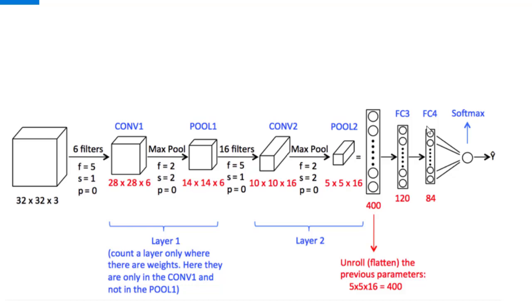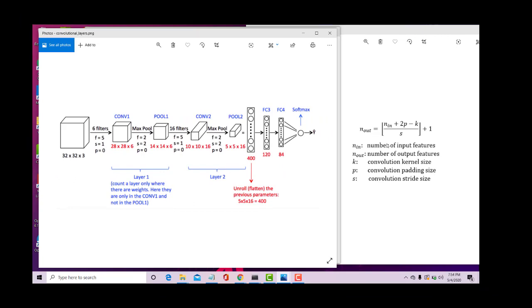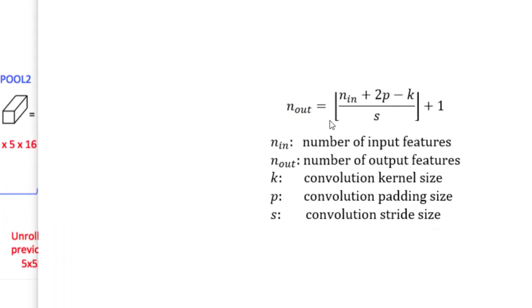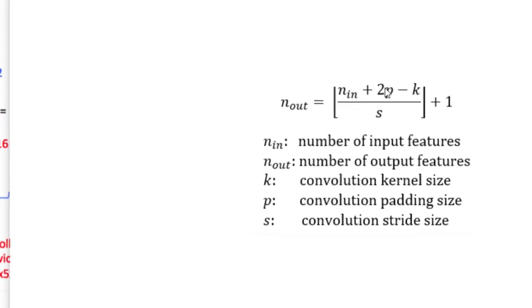Okay, so now comes the question, like how is this filter size calculated, or how is the output dimension calculated. Let us say we pass 32 into 32 into 3 to the convolutional layer here, which has f equals 5, s equals 1. We need to use this formula to find the dimensions of the output image. So 32 is the input image dimension here, 32 plus 2 into p, padding is 0, so that becomes 0, so 32, and k is the filter size here. So here the filter size is 5.